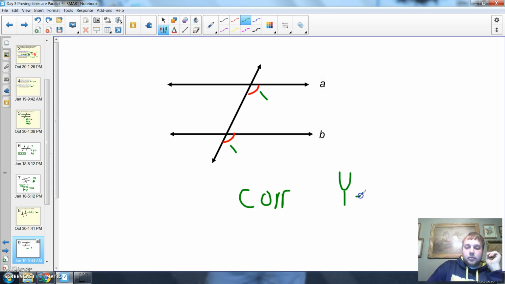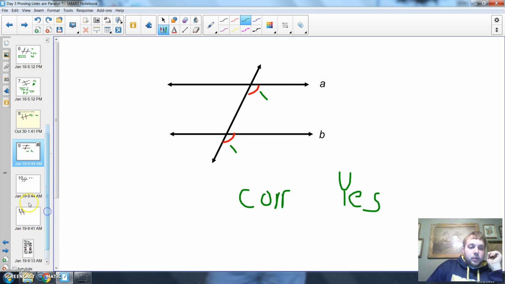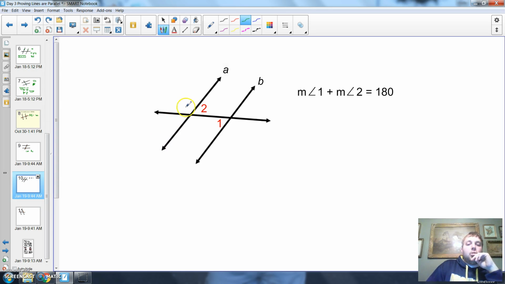All right. Can we do it? We got 19 seconds more. All right, let's do one more example. Maybe two more. All right, alternating interior. Do the alternating interiors add up to 180? Alternating interiors are